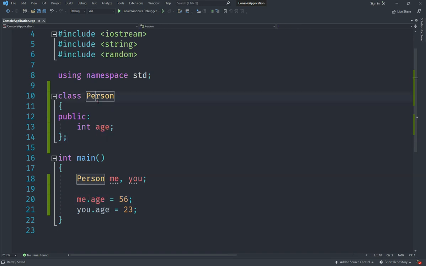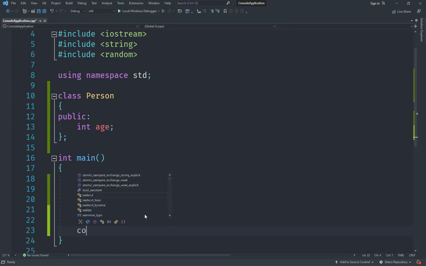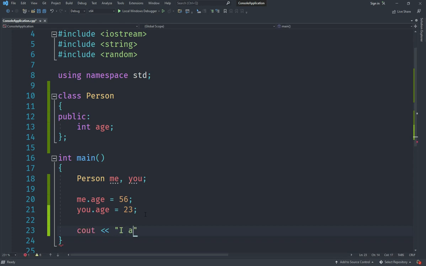So this is a property of the class. We have got two persons, one called me and one called you, and the age of me is 56 and the age of you is 23. We are setting that, and you can obviously get them. You can see out, and you can say I am, and let's say me dot age. So say me dot age. Alright, and you can say years old, yes, like that. And you can say something like and you are, and you can put u dot age